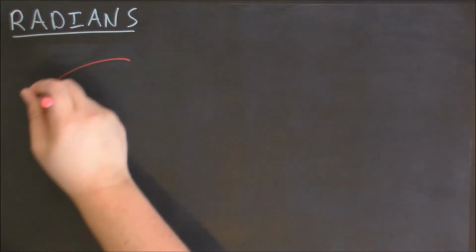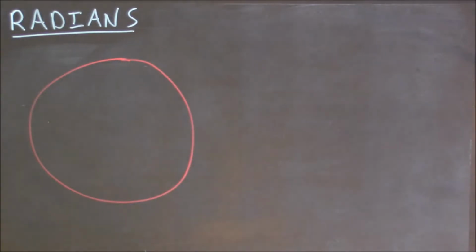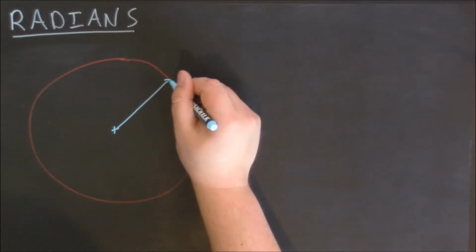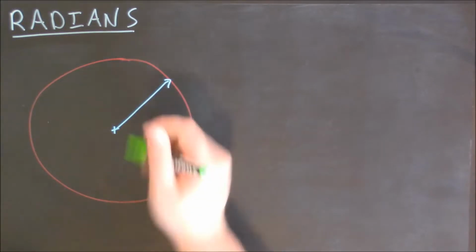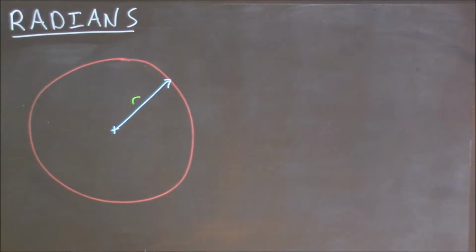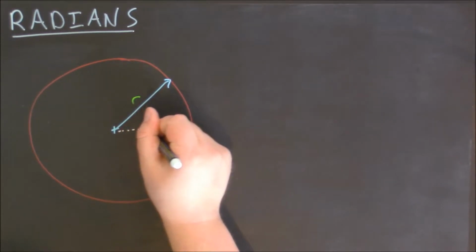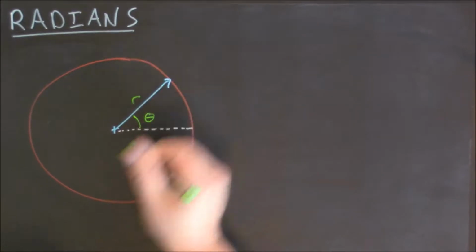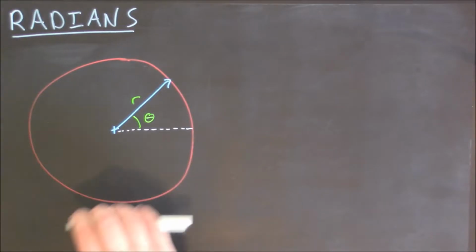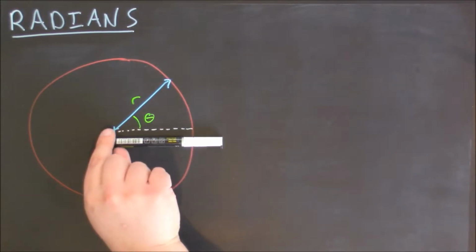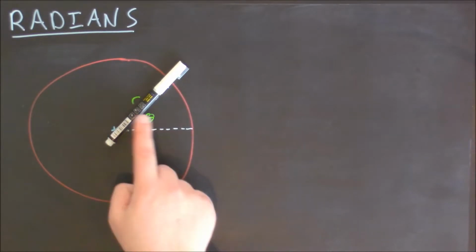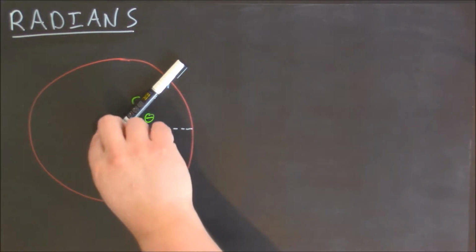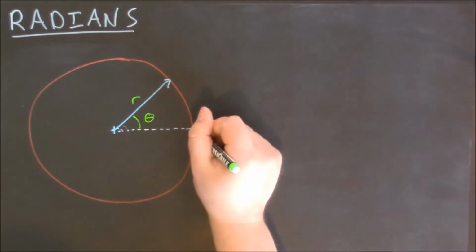Okay, let's start with a circle. Now this circle has some radius r. Now let's say that this radius makes an angle with some reference line, and let's call this angle right here theta. So what do we notice? We notice that as r swept up from this reference line, it created this angle, but it also, the tip traveled some distance across the perimeter of this circle. And let's call this distance traveled